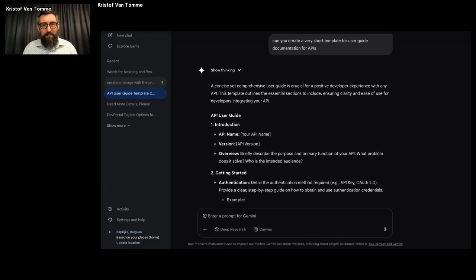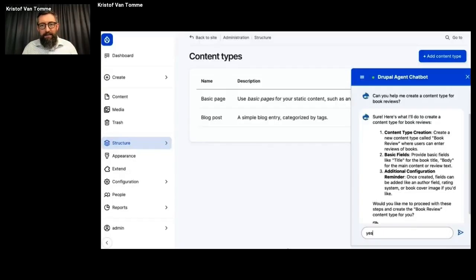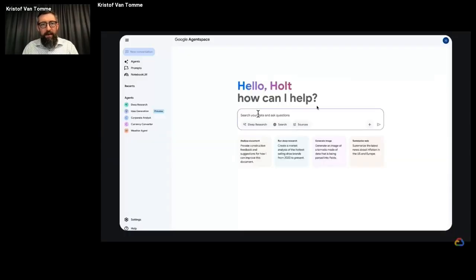And what started with this chat-like interface, and this is Gemini, so this is Gemini and not ChatGPT, then launched this range of assistants, like this one in Drupal, the CMS that we work with, and that allow experimental user interfaces, like Agentspace from Google, where people are exploring what are the new UIs that have become possible because of large language models and the technologies they're enabling.